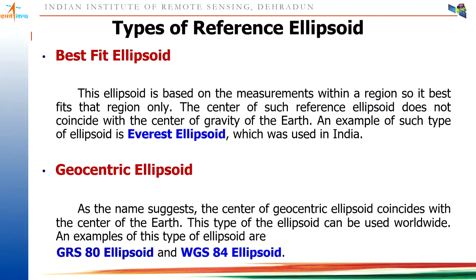Best fit ellipsoid means the local information was used to develop such a kind of ellipsoid. And for the geocentric ellipsoid, today we can take various kinds of measurements, by which we can develop a geocentric ellipsoid whose center can closely represent our earth